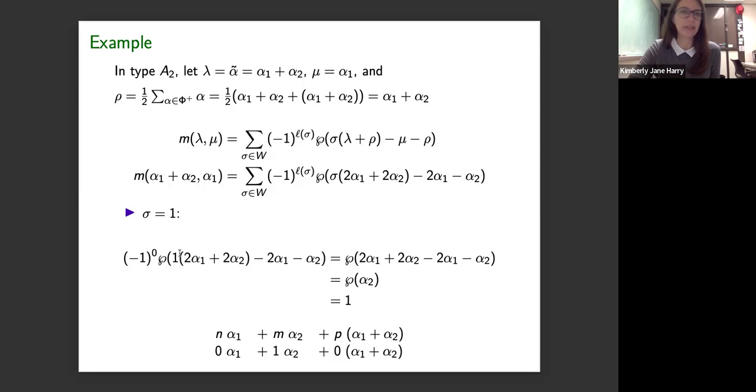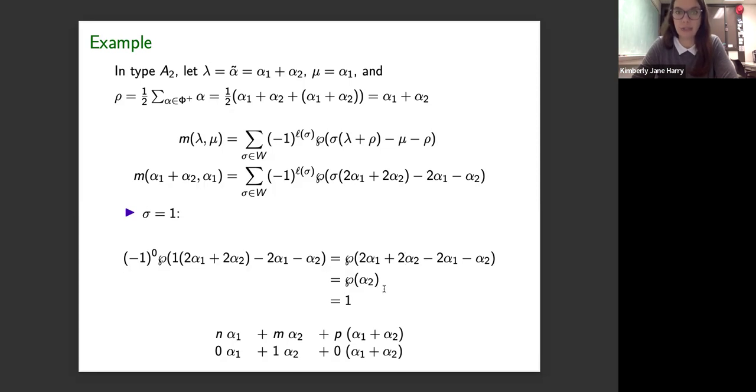Here, notice the identity doesn't change anything in this parenthesis, so it comes along and doesn't reflect over anything. So I can just think of it as 2 alpha 1s plus 2 alpha 2s minus alpha 1 plus alpha 2, and we reduce it down,